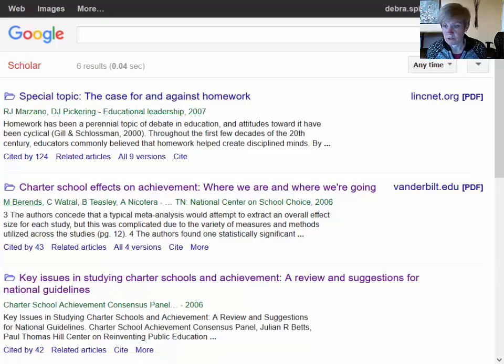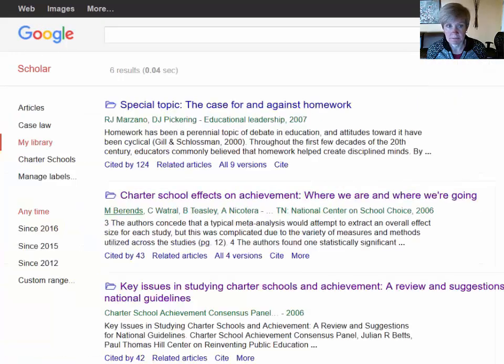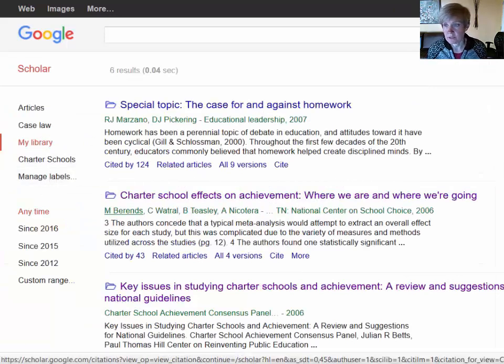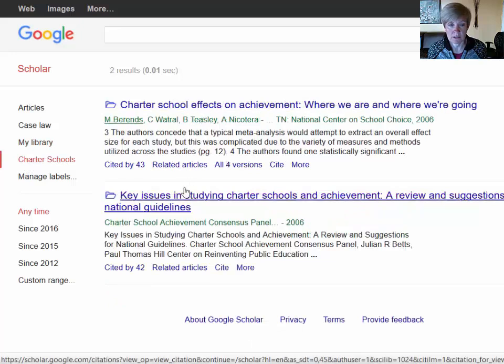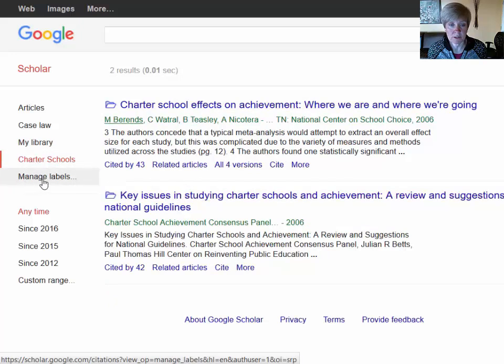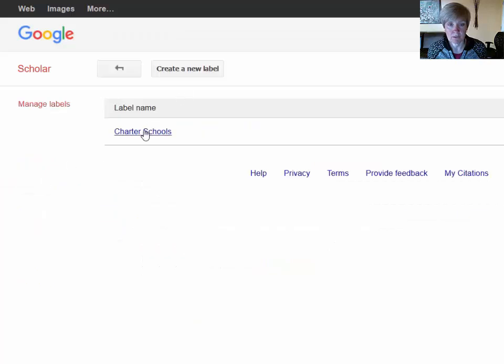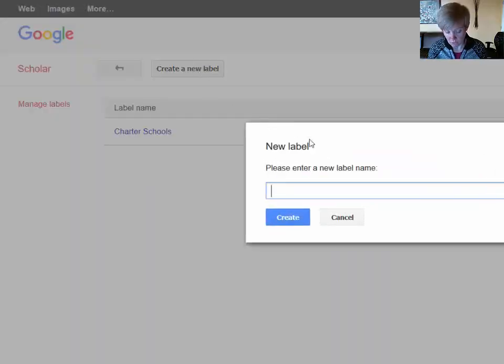And I'm actually going to enlarge this because it seems like, there we go. Now, some of it went off the screen, but when I'm in that small mode, it's hard for you to see over here that I actually created a little library, one for charter schools, and I moved the articles into this. It's pretty self-explanatory. You're going to create labels, and you're going to create the new label here, and when you manage that label, you'll say what it is that you want to do. You want to add that article to it. So if I add a new label and I call it homework,